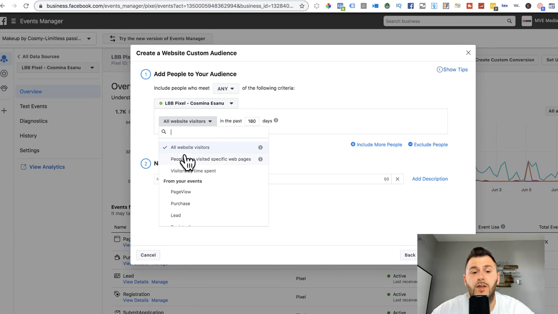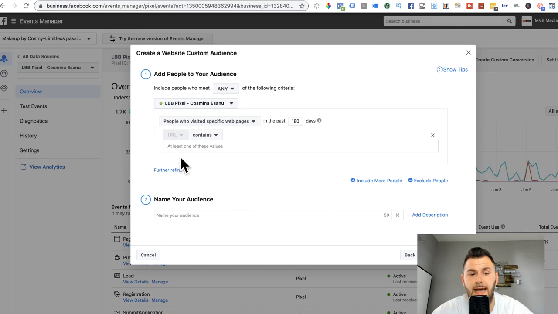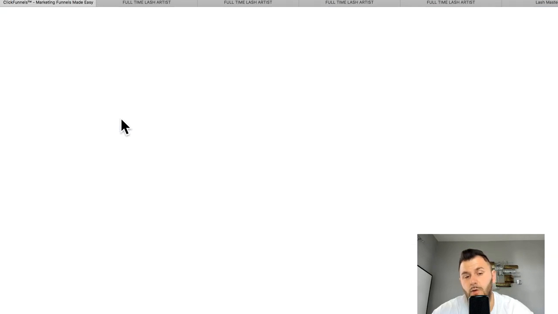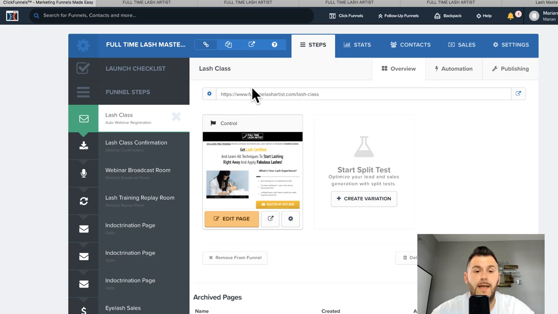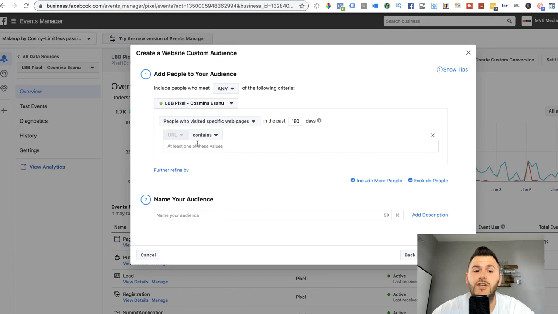Now, another thing that you can do is target people that only visited specific web pages. What you can do is click on this tab, and then we have to go inside of ClickFunnels, or in your case, whatever page builder you're using, and copy this URL here on top. But it's very, very important to not miss this step. You don't want to just paste. Let me show you real quick. If I just paste this,